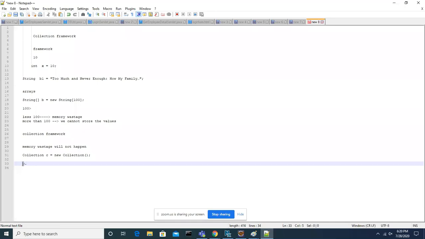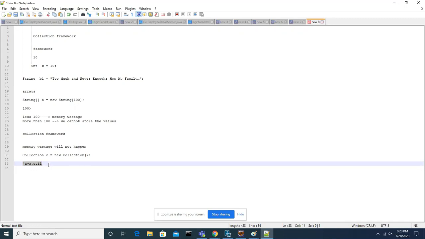You can find all the classes and interfaces in the java.util package, guys. It's a part of the Java util package. Like the IO package, which we understood is for input and output, in the java.util package you can get all the classes for these problems.